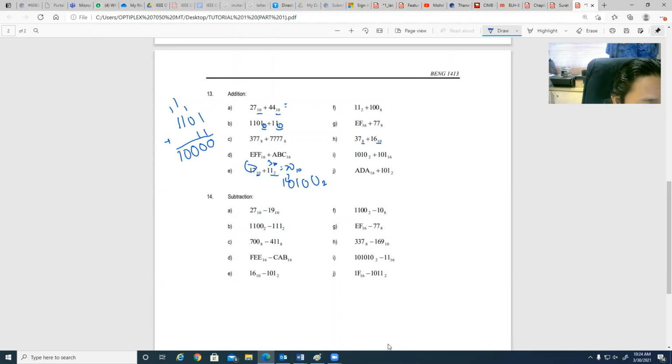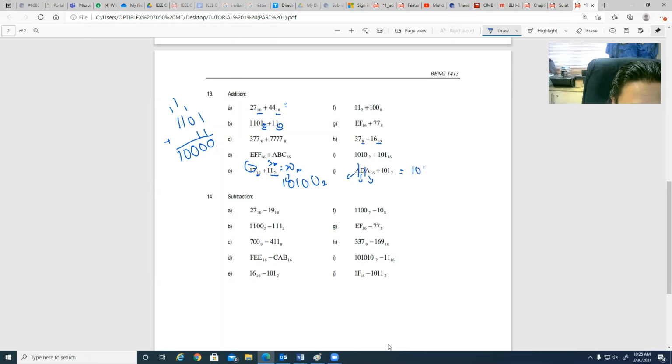For example, like 16 here, hexa. If it's quite tough, maybe you can change to binary. Then in binary you can add. So that's another example that you can try. Okay, for example, like this one, we have base 16, hexa. Okay, A, 4, 4, 4, and then plus 1 1 0 1. Okay, so in binary, this one I will convert into binary. So the answer will be